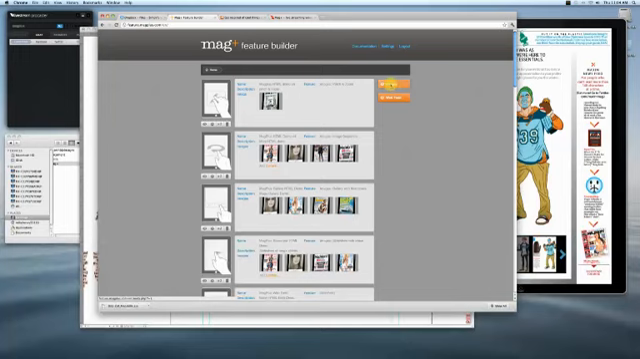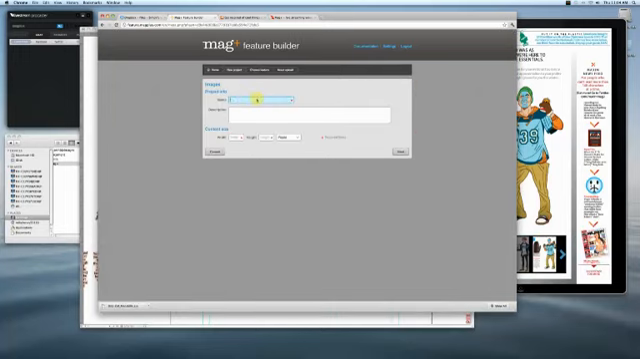So we'll start by clicking images. We'll give this project a name. We'll just call it Maxim